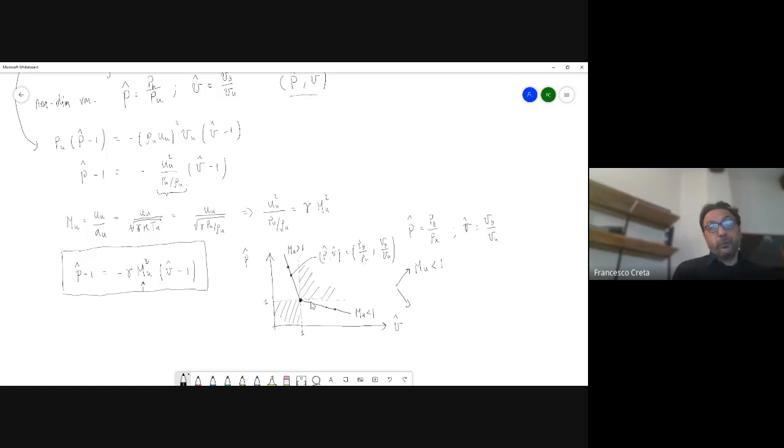So if we move along this line, you'll probably see that the dominant variable here is the specific volume, in the sense that because the slope is very small, as I move along this line, it's really the increase in V hat which is the dominating aspect, and not the decrease of pressure,